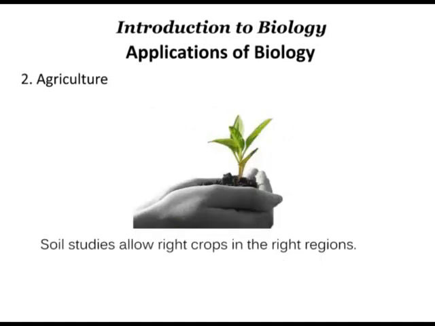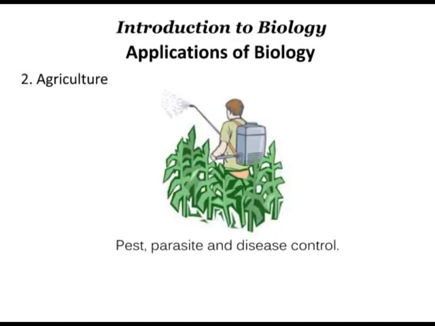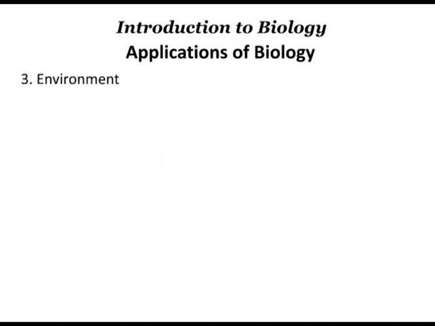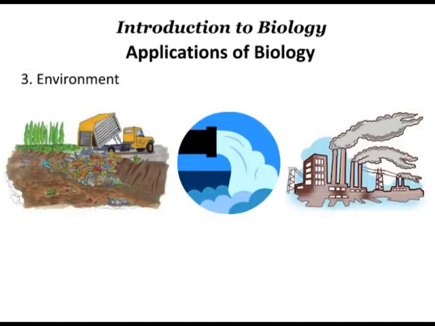By studying the soils and climate, scientists can identify the right breeds for a particular climatic zone. Also, through understanding the physiology of other organisms, we can now develop chemicals for pest and parasite control. Now, technological advancements are good to humankind, but they often come with huge cost, particularly to the environment. This is through soil, water, and air pollution.